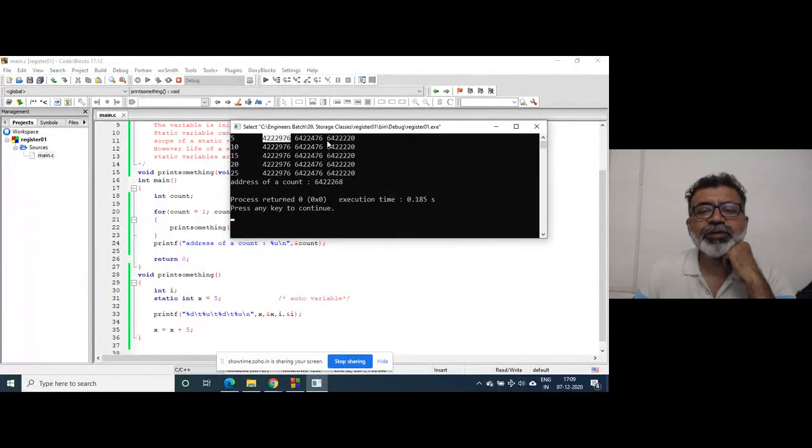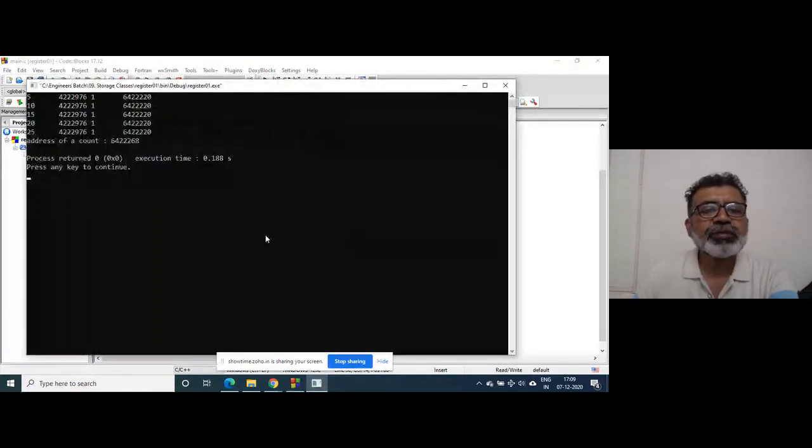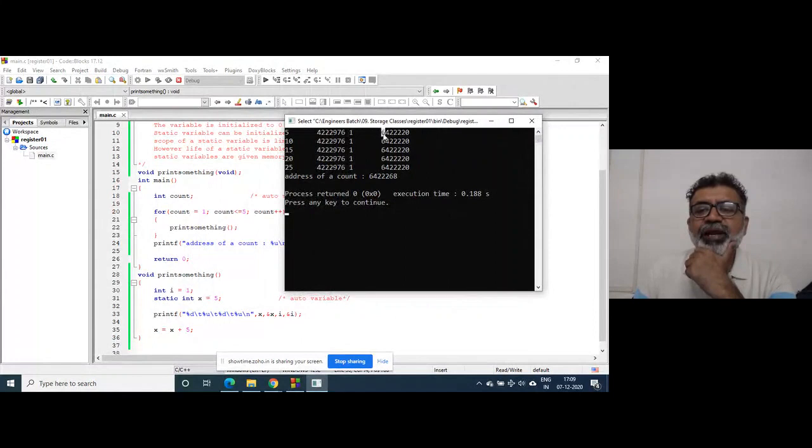This is the address of i, which is an auto variable inside a function. And this is just a junk value, 642476. This is the garbage value. We will assign some value so that you do not get confused. So this is the contents of i, and this is the address of i.